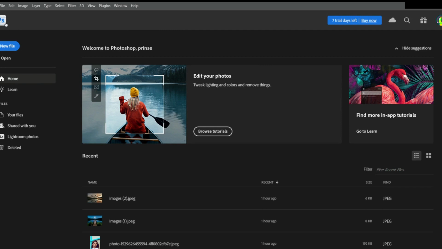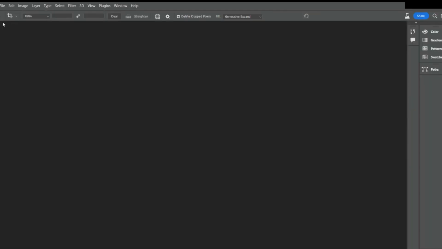At first, click on the Photoshop Beta icon, then simply double tap on this screen and select a picture. I select this picture